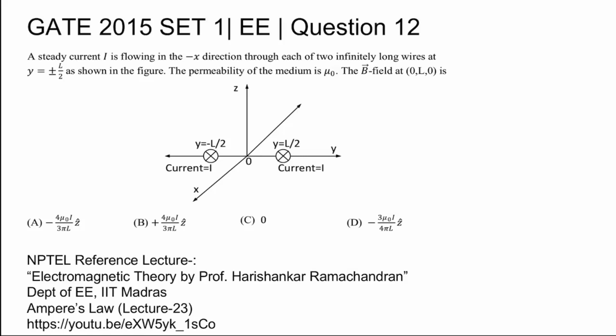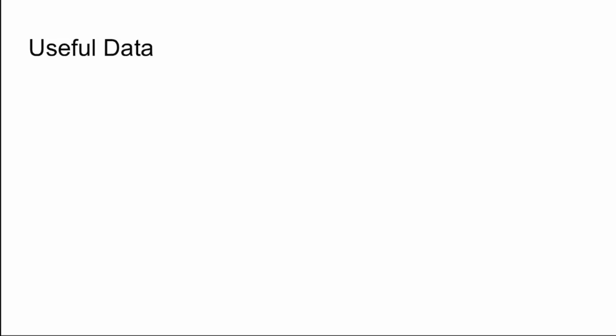So, as you know, in order to solve this question, you need some knowledge of Ampere's law, because currents are given and coordinates are given, and you are being asked to find the magnetic field at 0, L, 0, that is at a point lying here about this point. So the useful data you need is Ampere's law,